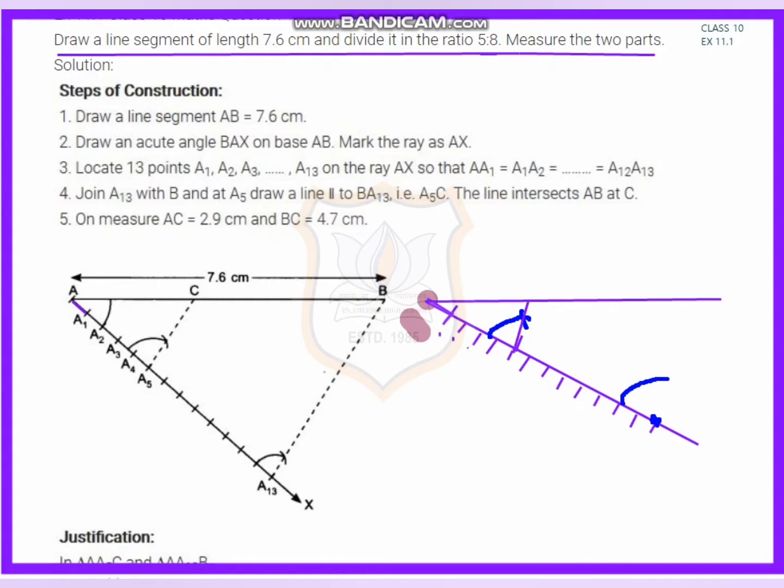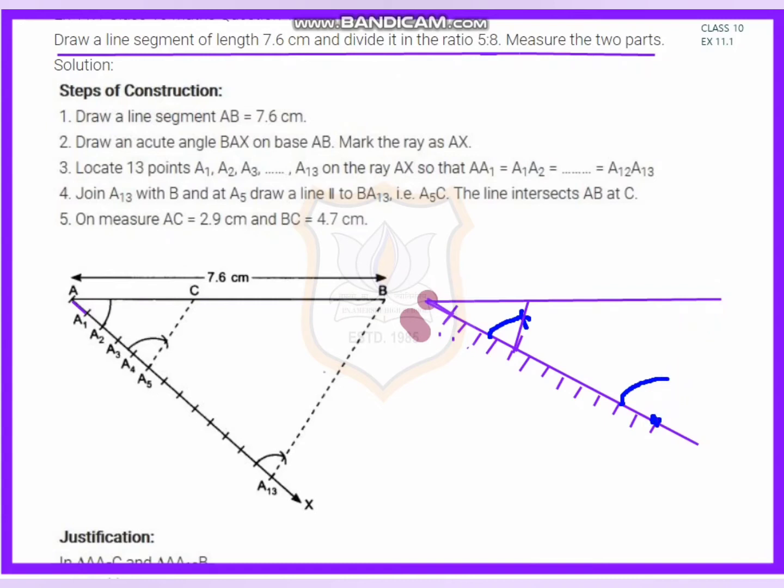Now with the same arc, from this center I have to cut this arc. Now I have to draw this line, and this goes forward and joins the above line. So the ratio here is, this is the one part and this is the other part. We know that the total length is 7.6. I have to join here at this part, not here. If I draw here, it's wrong. Means I have to draw an arc again here.